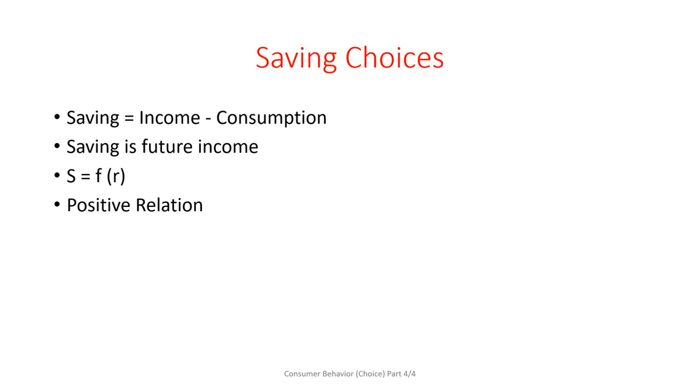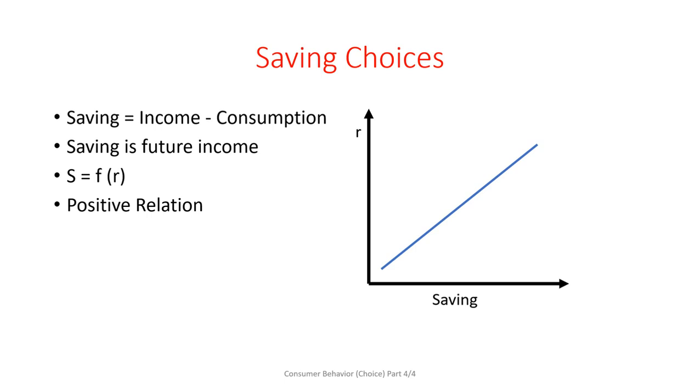When we do not consume a part of our income and put it in our saving account, we in fact get interest against it. So the higher the interest rate, the higher will be the saving. That is, there is a positive relationship between saving and interest rate. So we can plot the saving curve as